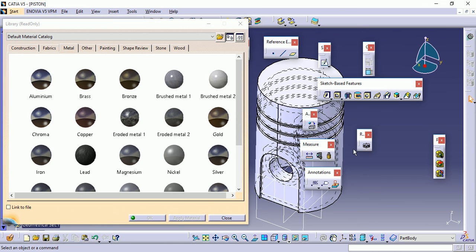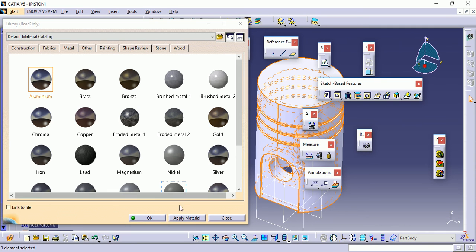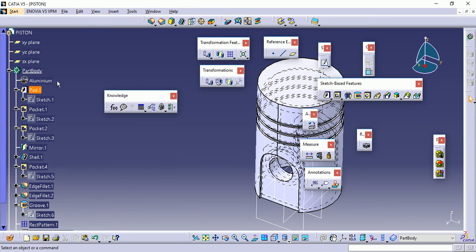Now mostly the pistons are made from aluminium or aluminium alloys. So I will select this aluminium material and just click anywhere on the piston. The material is assigned. Now in the specification tree I can see aluminium is added as the material.